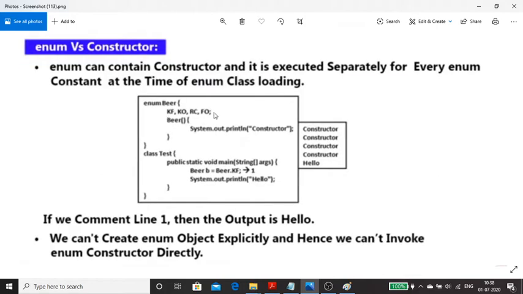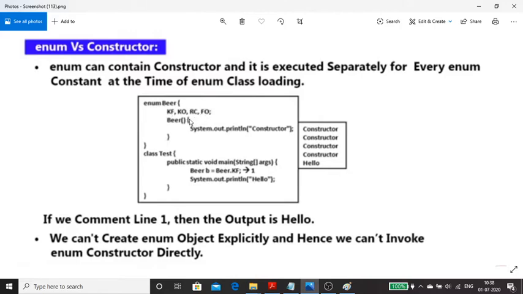Already we have objects, and they will be activated if you load this particular enum. For just loading that one, you have written this particular line. Once the control comes to this line, this enum will be loaded, and 4 constructors will be called, meaning 4 objects will be created.